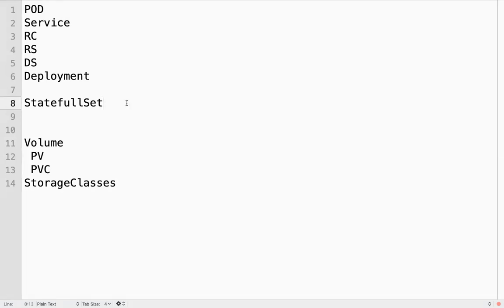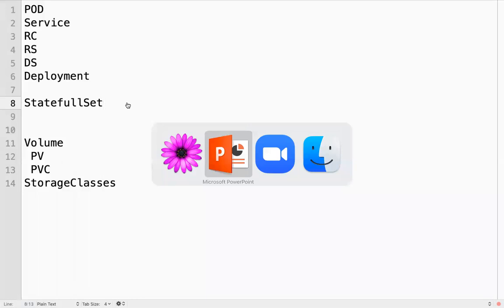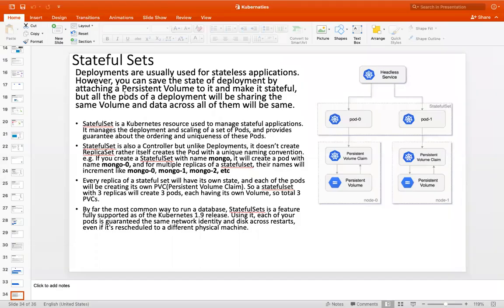So if you see, we can deploy our application as a container. That container is wrapped under a pod. We should not create a pod directly. So we have to go with RC or RS or DS or deployment as a controller. We discussed what is daemon set, and what is the advantage of the deployment compared to the replica set or replication controller. Now we have one more object called StatefulSet. How different is the StatefulSet from the replica set or deployment?